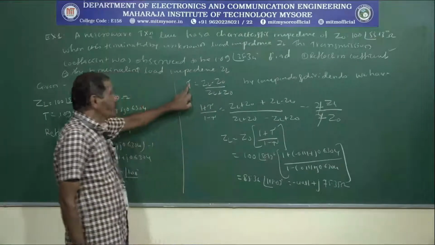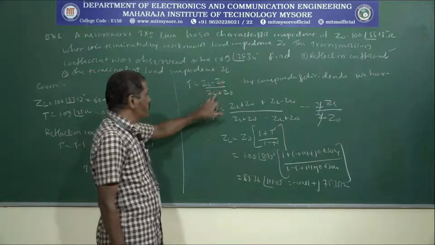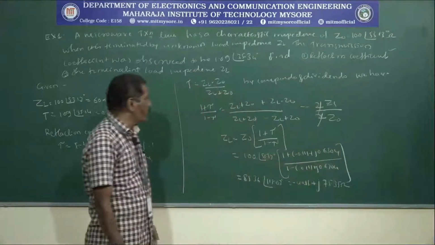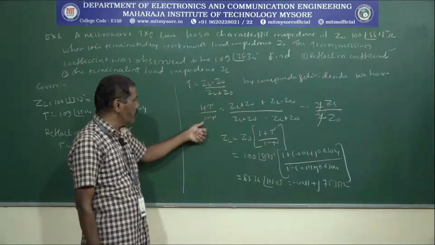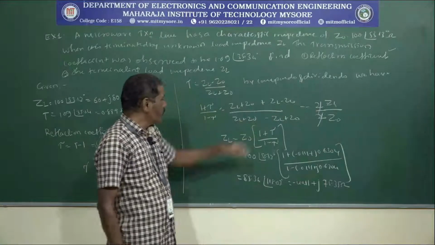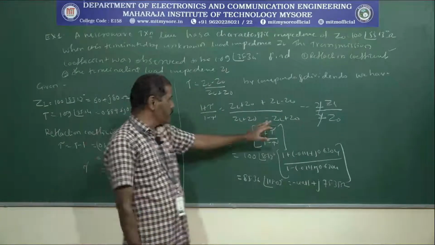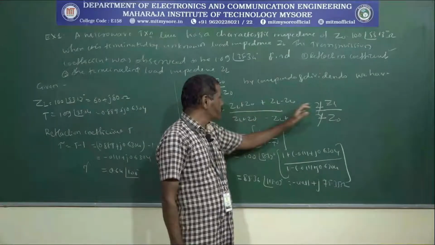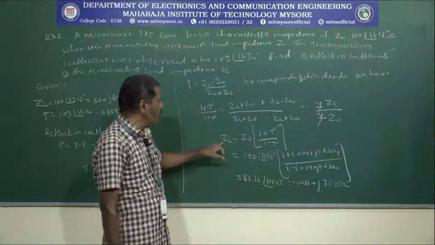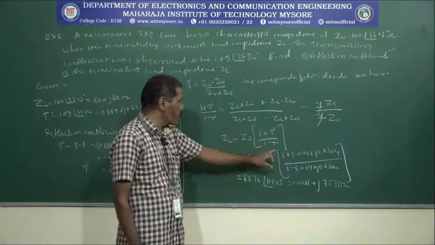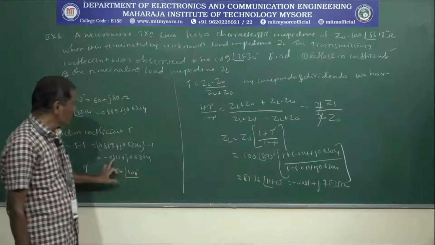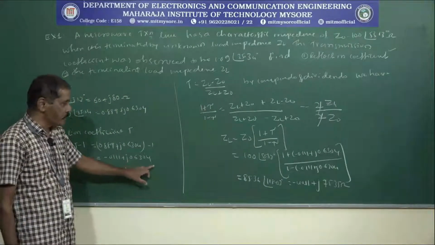Now, we know that the reflection coefficient is given by ZL minus Z0 divided by ZL plus Z0. Then by componendo and dividendo operations, we can write it as 1 plus tau divided by 1 minus tau. Then ZL plus Z0 plus ZL minus Z0, and ZL plus Z0 minus ZL plus Z0. So, if you simplify this, you will get the value as ZL divided by Z0. Therefore, ZL equals Z0 into 1 plus tau divided by 1 minus tau, and this tau value you have to calculate. So, that is minus 0.111 plus j 0.6304.